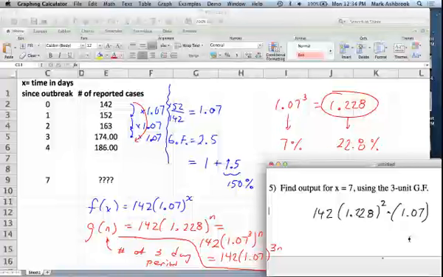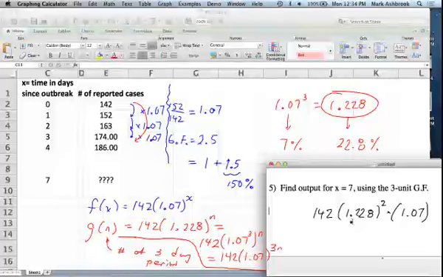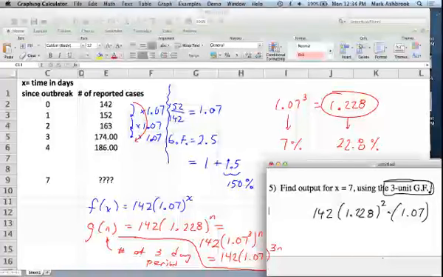Does it work if it's going to be to the power of 2 and 1/3? Yes, we're getting there. We haven't developed that yet. But is there an easier way to do this? That works. Yep. Is there an easier way to do this? Yeah, Nas. 142 times 1.23 to the third root of... Okay. All right. So maybe, but the easiest way is to really focus on it's a 3-unit growth factor,